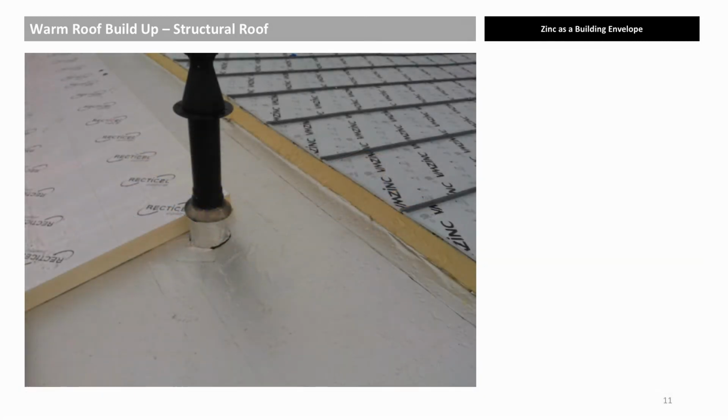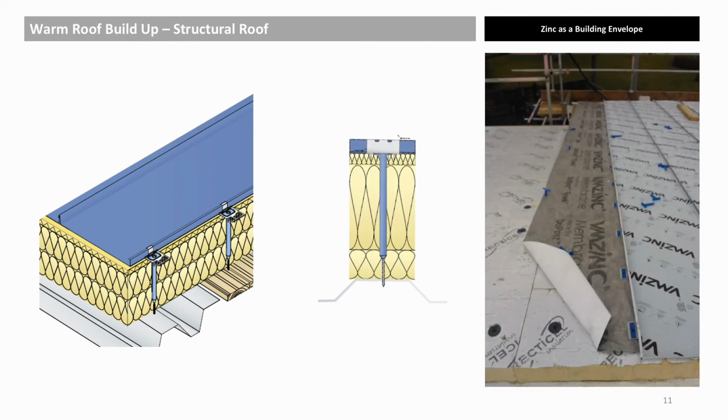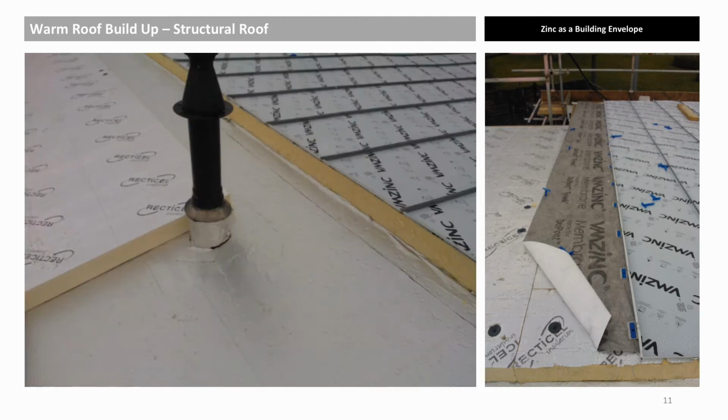In the UK, this means that the roof structure is entirely below the insulation. The structural roof has a BBA certificate and can be used with both PIR and mineral board insulation. Bearing plates and pegs greatly reduce thermal bridges, thus further enhancing the system. The fully supported Aludex Max vapor barrier, which increases air tightness, can be seen below the insulation, and the VMZINC